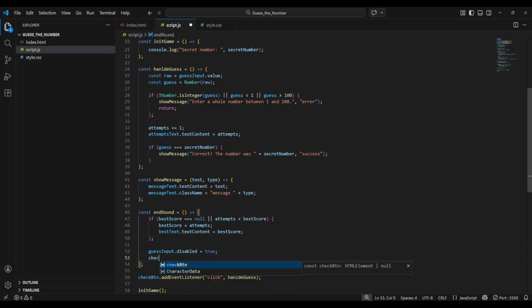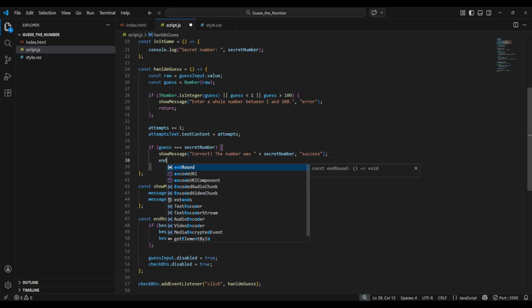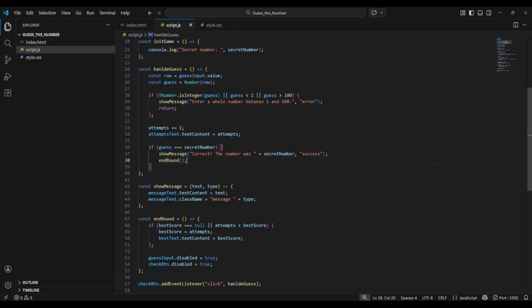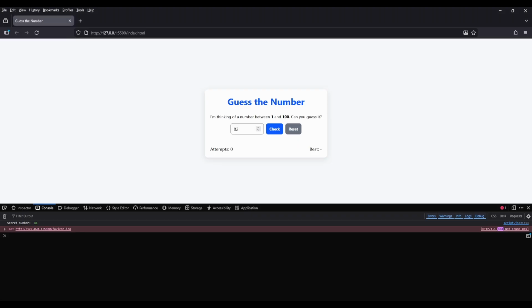And then the same thing for the check button. And then now, if the guess is correct, we just need to call the end round function. All right, our secret number is 33. Awesome. So we see that the best stat is updated to 1, and when I try to click on the check button or the guess input, nothing is happening because they are disabled. And if we test it again,